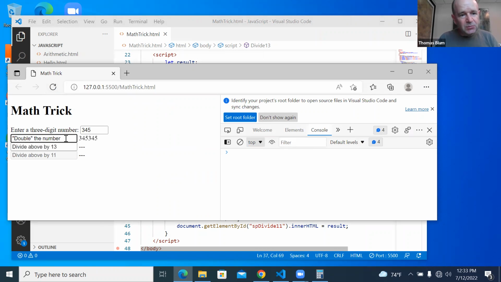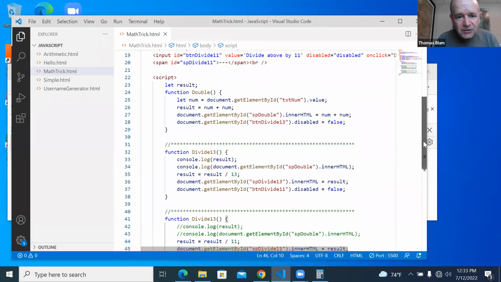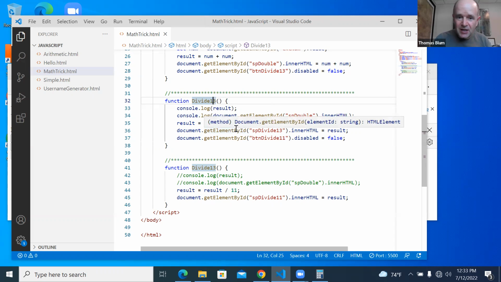So here, double the number. Then we can divide by, but I'm putting this answer in the wrong spot. I'm calling the wrong function. That's what I'm doing. Okay, I have two. Now I finally see my problem: I have both my functions called divide 13, and so it ends up calling the later one. So let me,